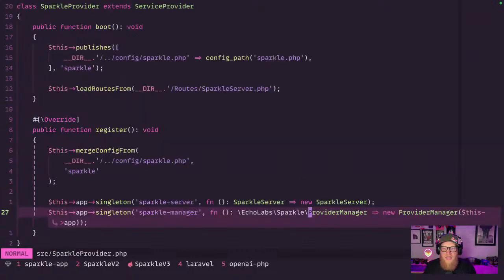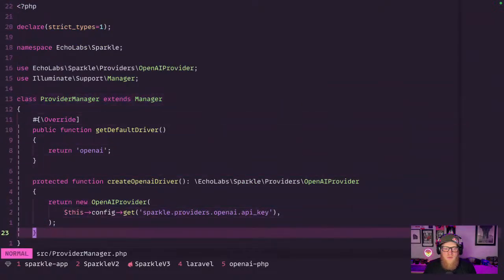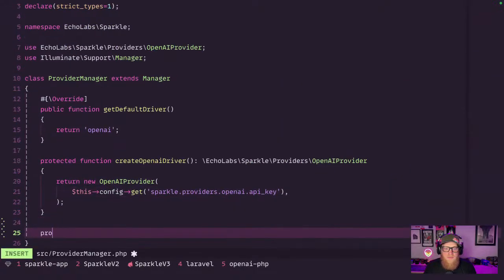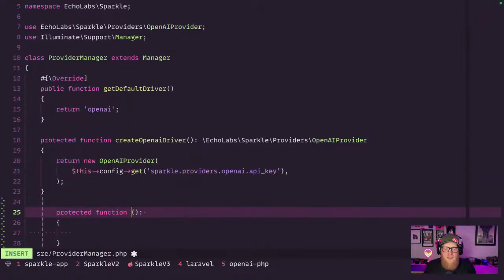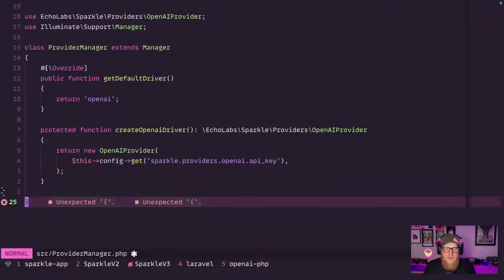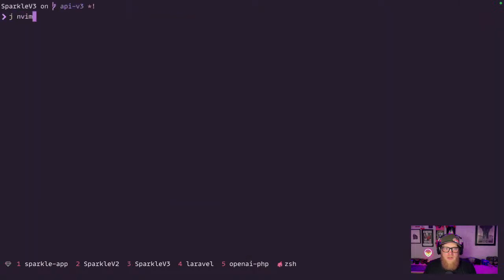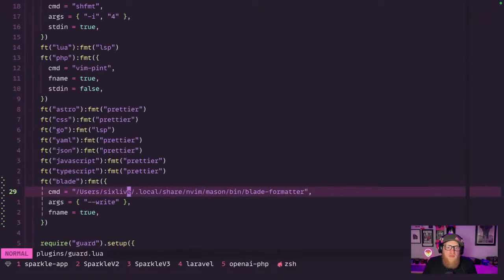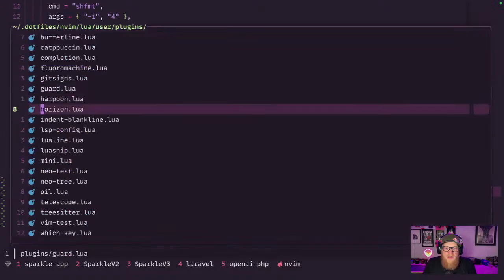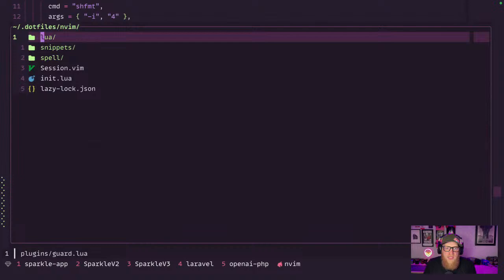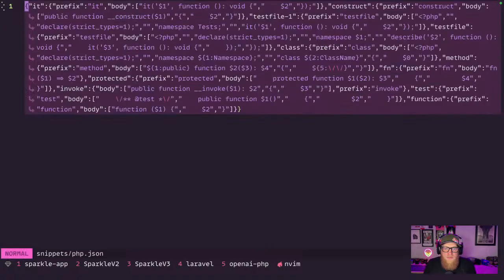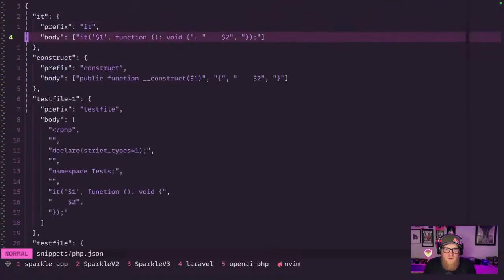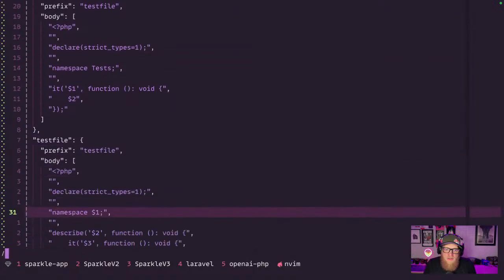So if we look at provider manager, what we're going to do is create a new protected function. You know what? This snippet double indents. So this is how you get your NeoVim config super dialed in. You see something that's just causing you a little pain, you can just go in and fix it. I don't need spelling, I need snippets. If you look at PHP, let's just apply some formatting, which just applies prettier, and let's look for